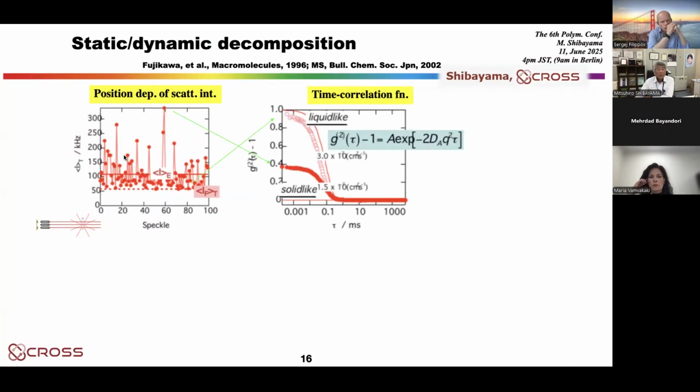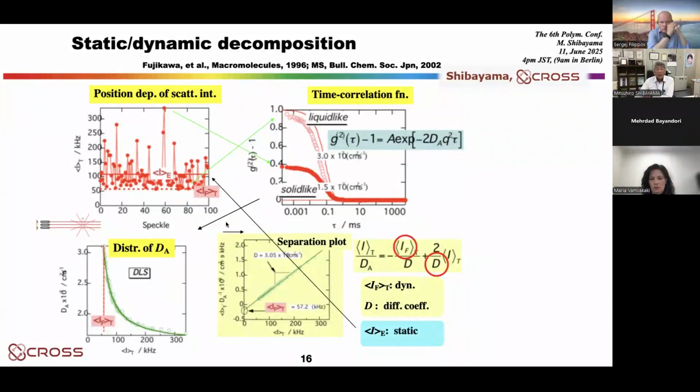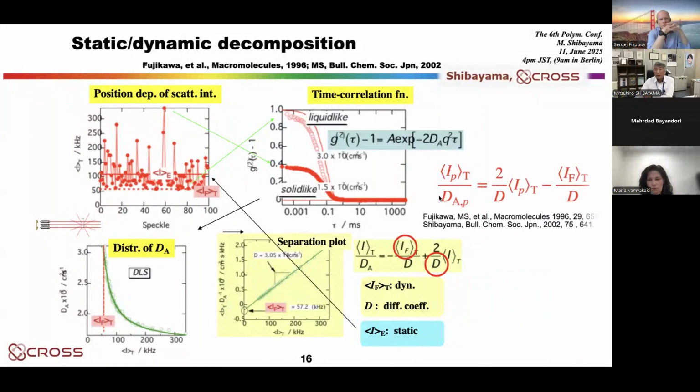First we obtained the scattered intensity by scanning the sample positions, and at each point we measure the time correlation function here and here. Then we can sort or rearrange the apparent diffusion coefficient as a function of the scattered intensity. We get this one. This is exactly the same as Joosten's results. Then by rearranging the previous equations to this form,